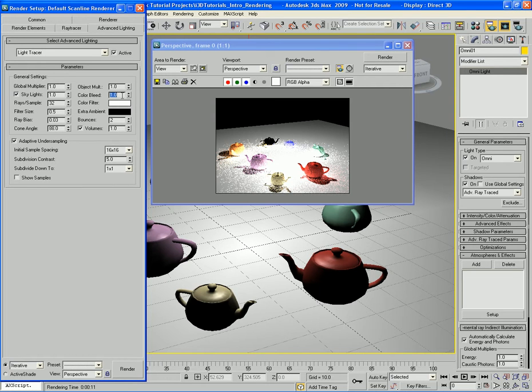The color bleeding is going to determine the amount of color bleeding that objects can cast on each other when light tracing is in effect. However, if we change this setting, we're not going to see a difference right now. The reason is because our light bounces,